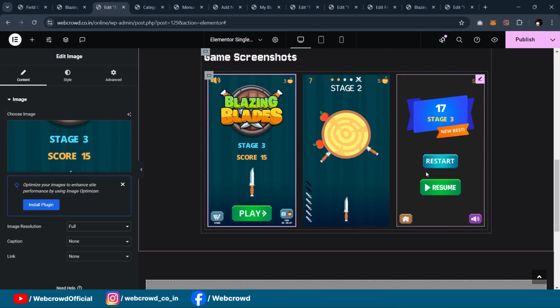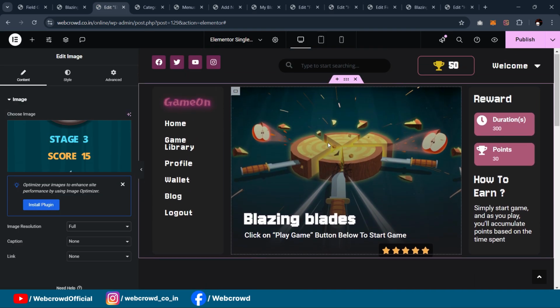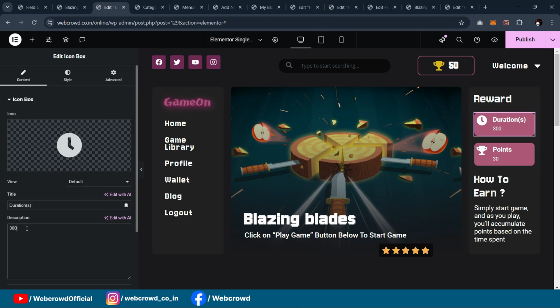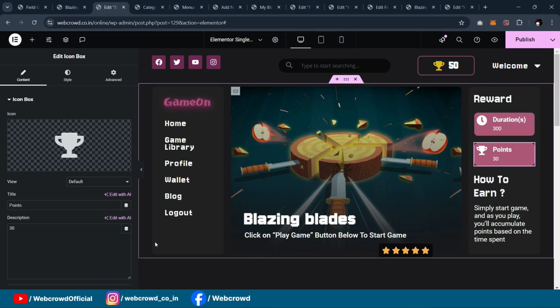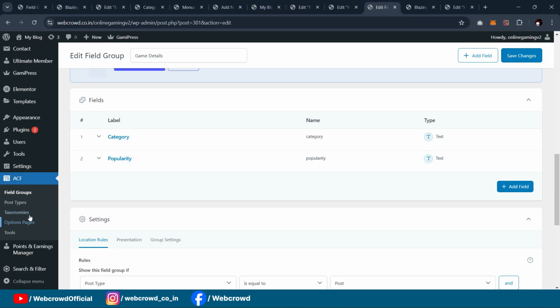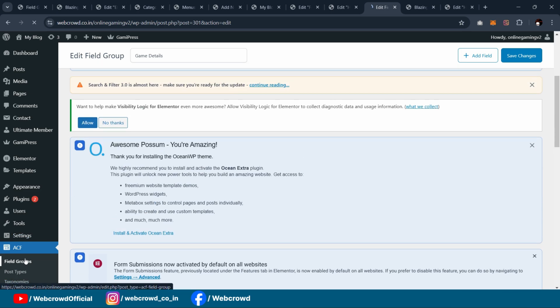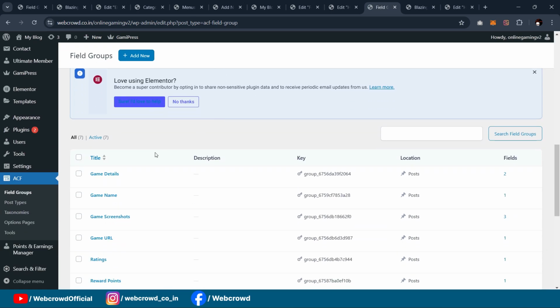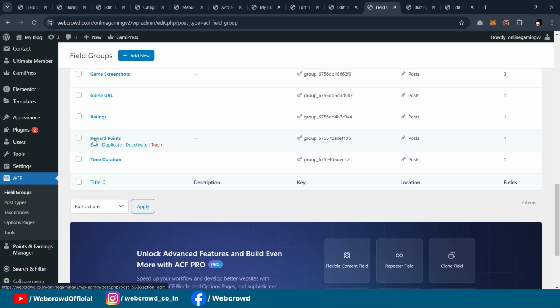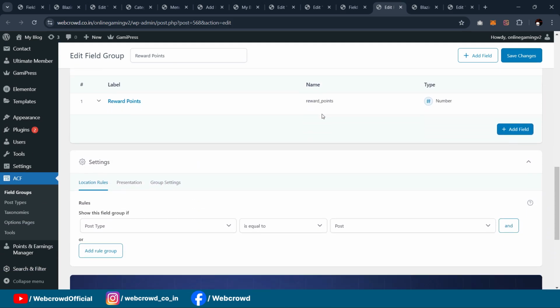Okay, so we have finished the screenshots and other things. Right now you will see here we have duration. Okay, here we have 300 and here we have 30 points. So currently I had set the ACF in the previous website, so let me show you. This is the reward points and time duration. So let me open it. Okay,